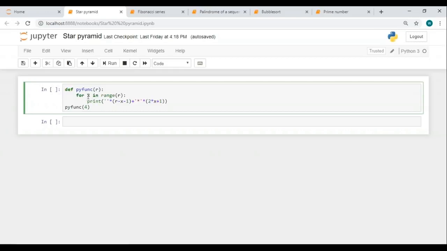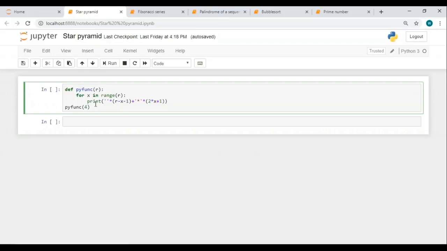Now, with the help of just these 2 lines, I will be able to print the kind of sequence that I want. All I'm doing over here is I'm using the range function, and I want the range function to generate values from 0 to r. As you can see, I've just given one parameter to this, which means I'm not telling from where it has to start. So if I do not specify from where the range function has to start generating values, it's going to start generating from 0 and it will generate till r. After that, I have a simple print statement over here.